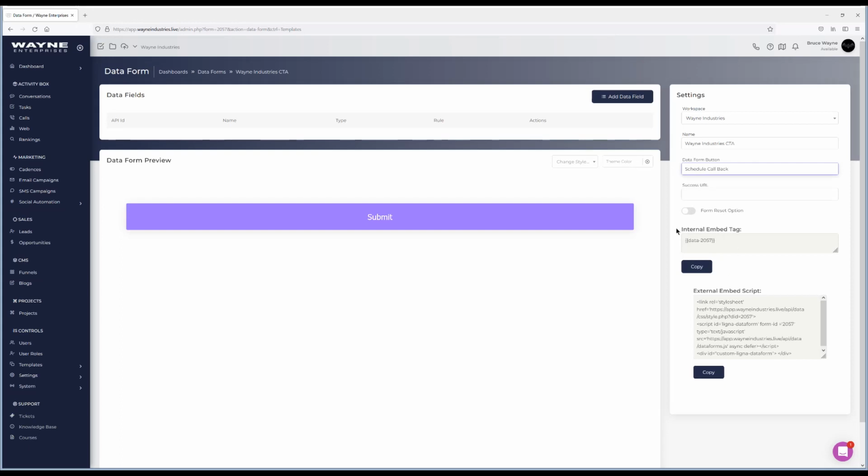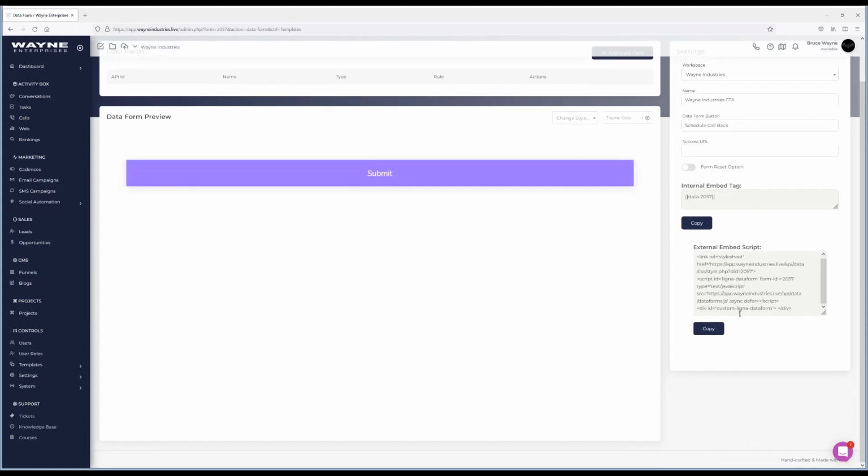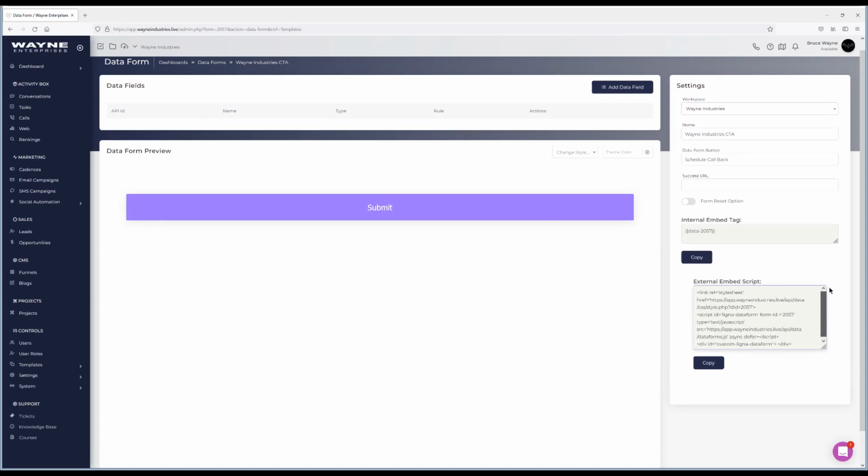Your internal embed tag is a tag that you can use for your funnel imports. If you're using one of our themes, you can actually just select the data form, so this is more for advanced users. And then this is the external embed script. This is what you're going to take and paste into your WordPress or whatever CMS you have in the exact spot you want this form to show up. As I start building out this form, this is the embed script that you're going to copy and use to put inside your CMS so it actually shows that form